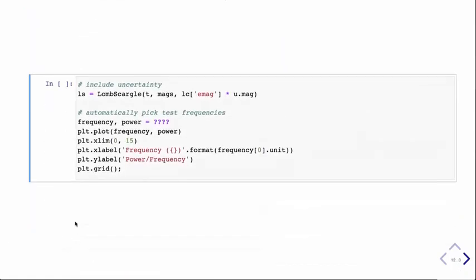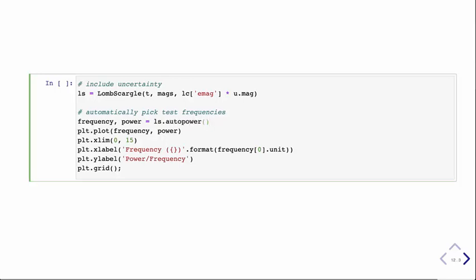I should also add that in Lomb-Scargle, as defined by Astropy, it also allows you to give the uncertainties in your measurements, so you can put that in there. Also, one of the key things in this process is picking what those frequencies are. And Lomb-Scargle has some tools built in to automatically pick some for you, which may be a good place to start at least. You might want to change them after you've seen what you got, but you can always start with them. So we can use the Lomb-Scargle auto power